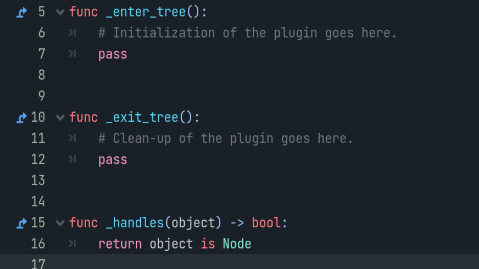Now add the function named _handles. Godot calls the _handles function when you select an object. The Object class is the base class for all other classes in Godot. This function returns true if the selected object can be handled by your plugin. In this case, the plugin only edits nodes, so it returns true if the selected object is a Node class